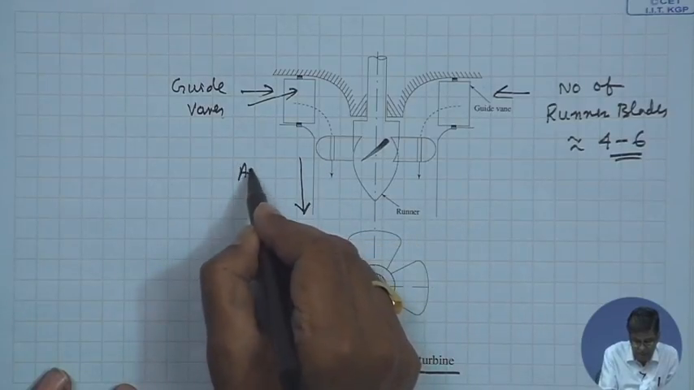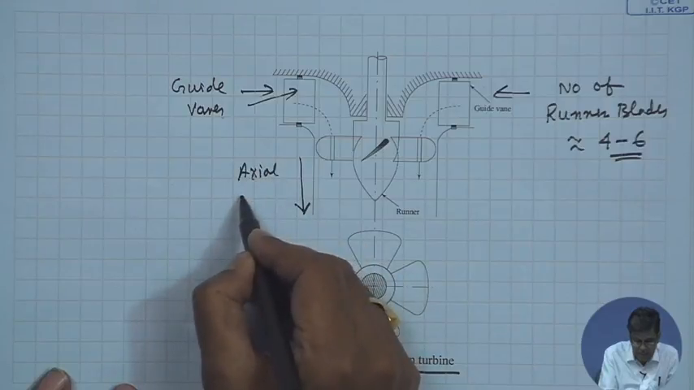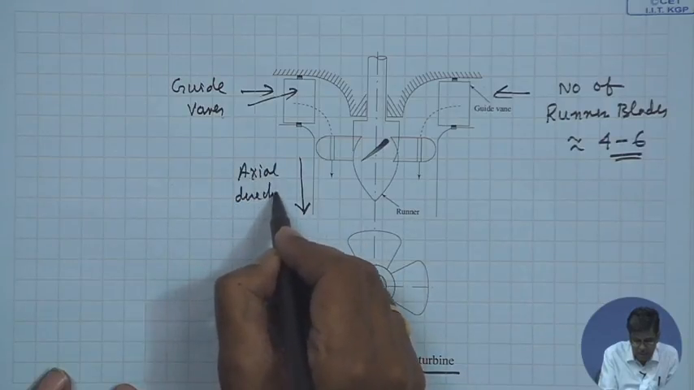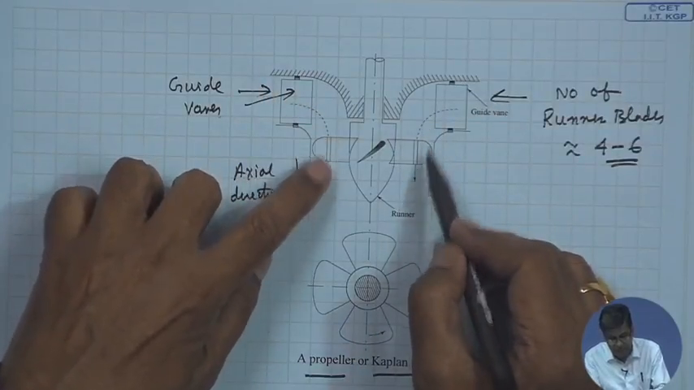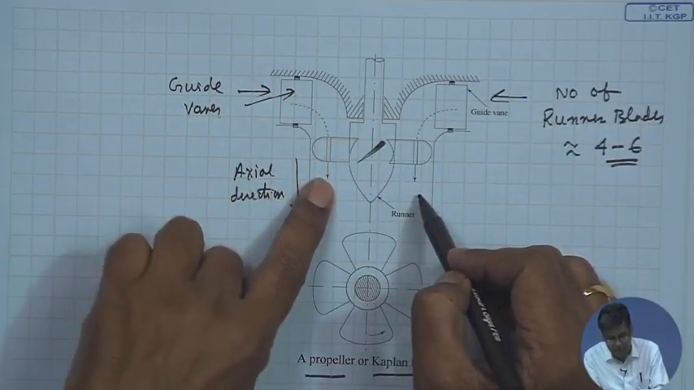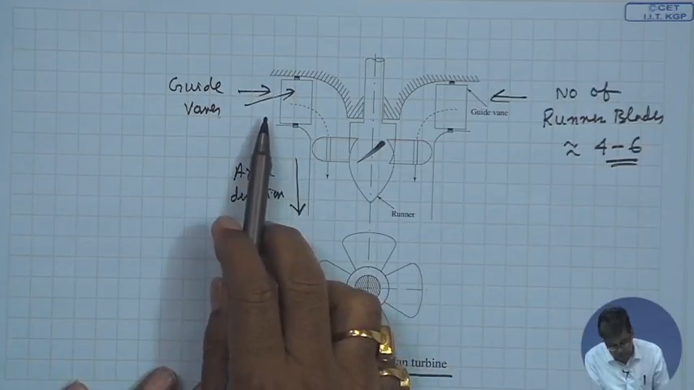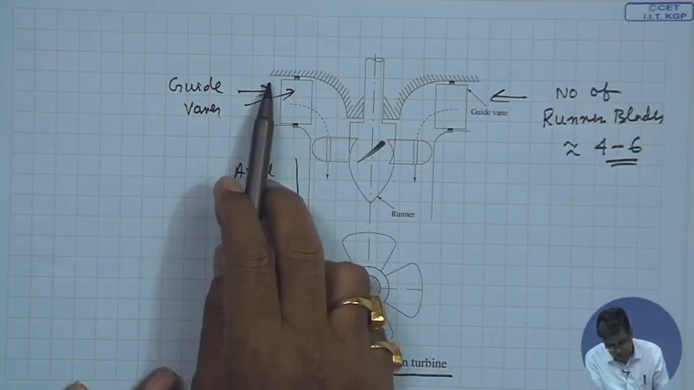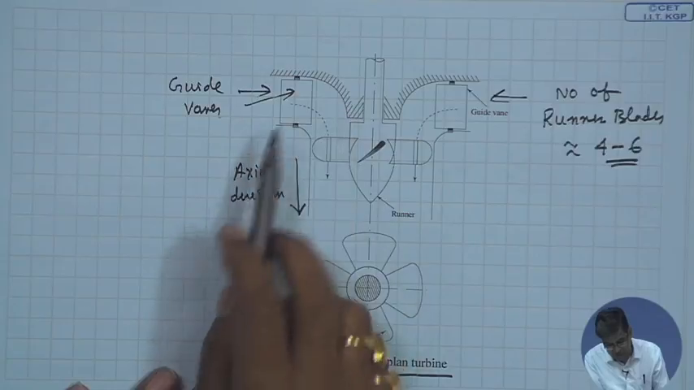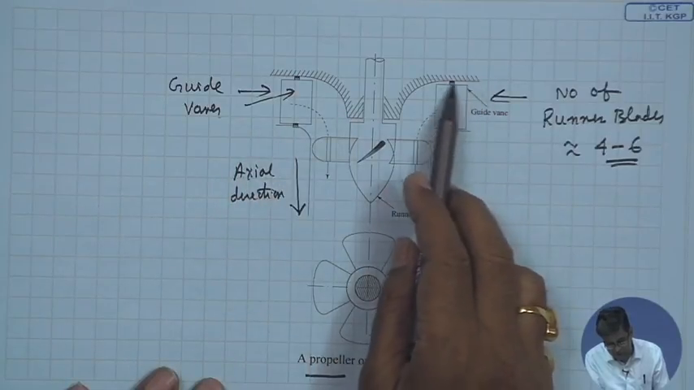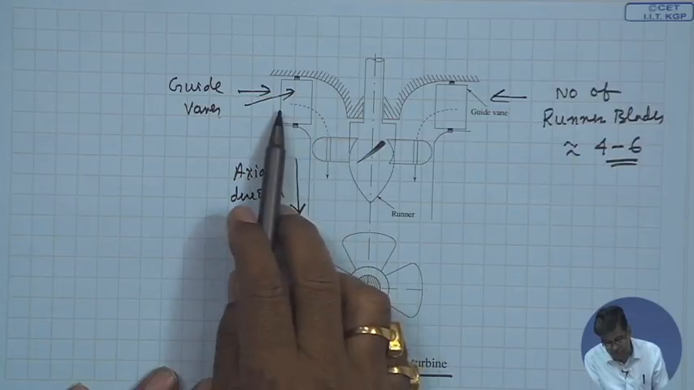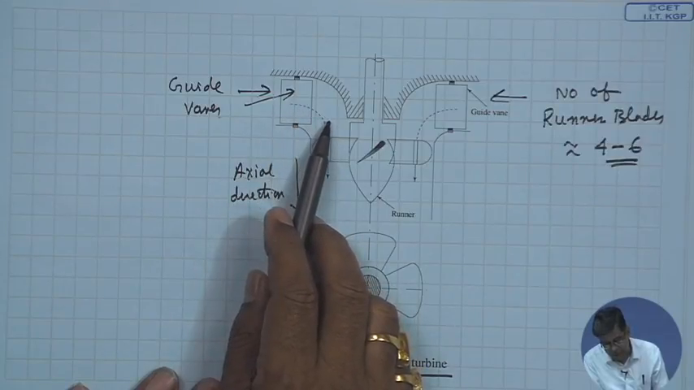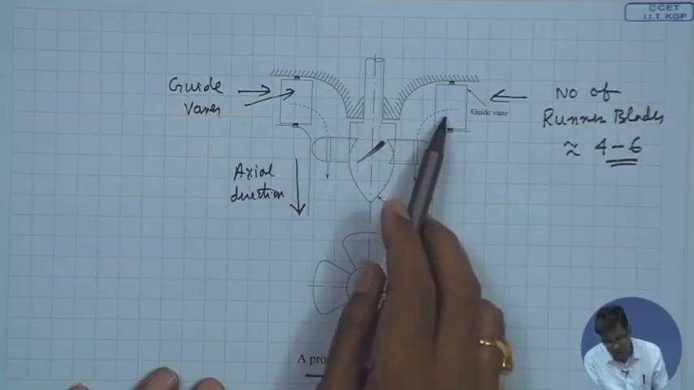So, therefore, what happens? The guide vane turns the flow 90 degrees and makes it flow in the axial direction. Now, you see, while the guide vane turns the flow, there is a curvature, the geometry of this casing, and the flow gets some tangential velocity. Some amount of swirl is imparted in the flow